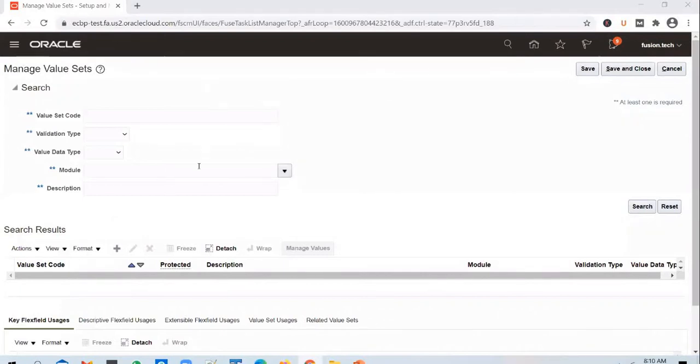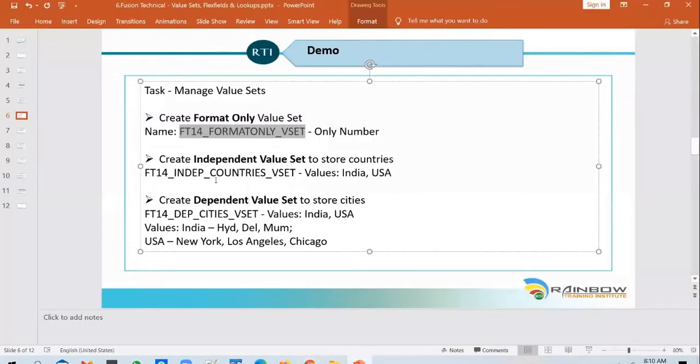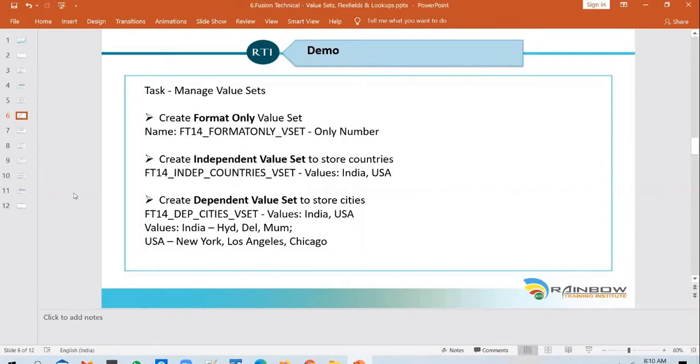Now we are configuring the value sets at the moment. FlexField segments, we haven't come to it yet. We are configuring the value sets now. Oh, okay. I thought there was any option to make it as a radio button. No.